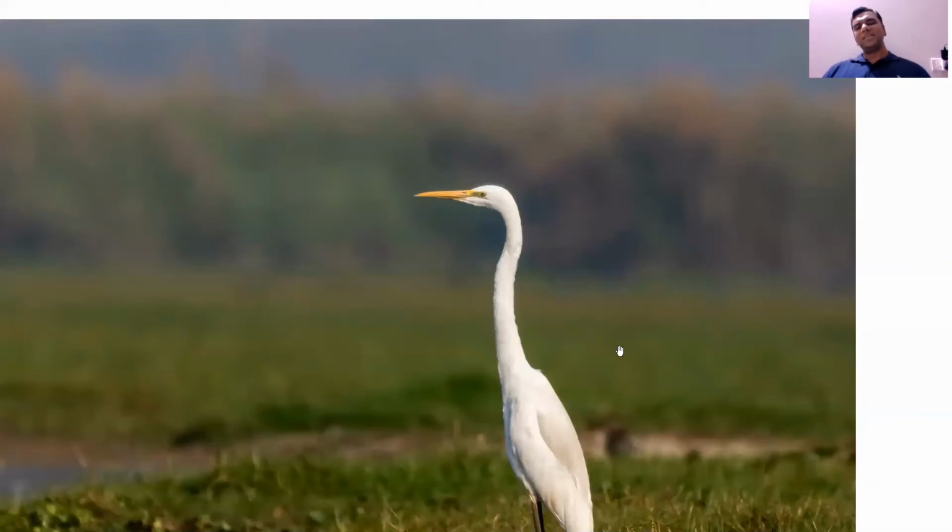But as I said, for the identification quiz, we are only going to deal with birds in the non-breeding plumage, because it will require a lot of field experience to distinguish breeding birds, particularly the intermediate and the great egret. So as most of you rightly pointed out, it is indeed a great egret. And the reason why it's a great egret is, as you said, the gape line extends behind the eye. You can see it extend beyond the eye here.